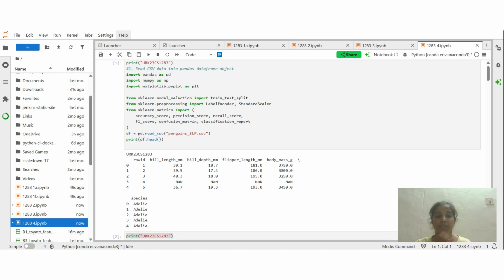And step 3 is defining the input x and target y. The independent variable x is the feature that the model uses to predict. The dependent variable y is the target that the model should predict. Why are we doing this? It separates the data into input and output for the learning process. And the fourth one is